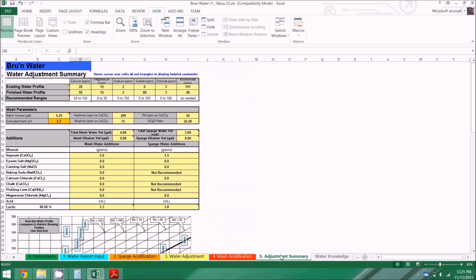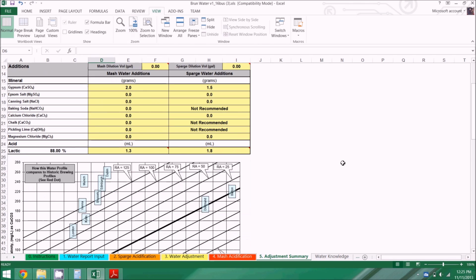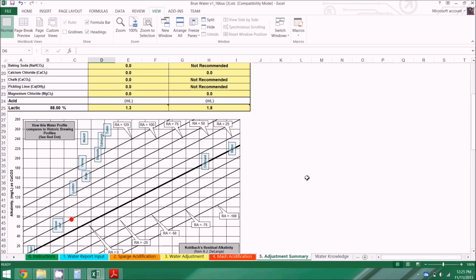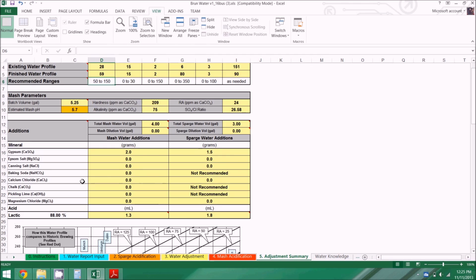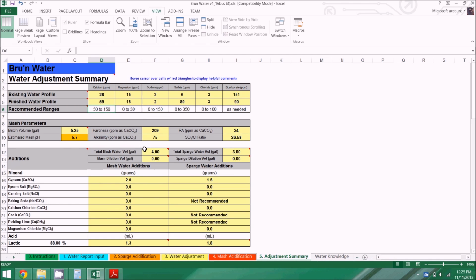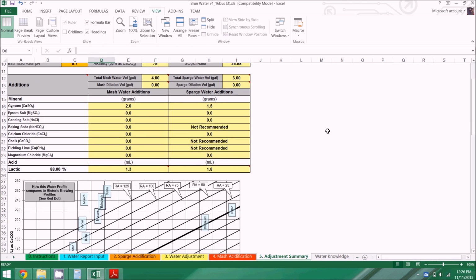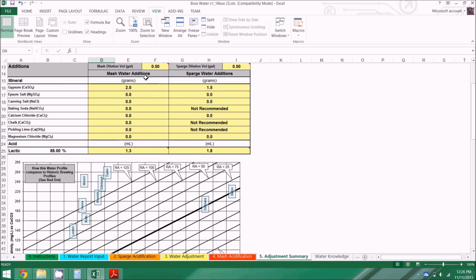Finally, we'll look at tab 5 and do a short wrap-up here. So tab 5 is kind of your one-pager. What it does is it shows you everything that you've added. It's kind of a summary sheet of everything that you've done in your other tabs. So you can see here it gives you your existing and your finished water profile, all of your mash parameters, anything that you've added, and it tells you for your mash water and your sparge water which brewing salts you chose to add and the lactic acid you need to add,